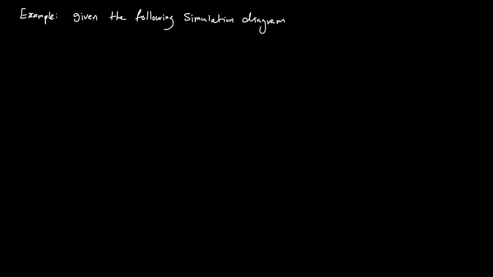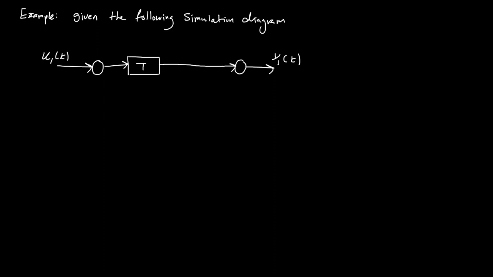It will start with this multi-variable system, so u1 of k. Let me plot it here. Here we have a shifting register or unit delay, z inverse. Here we have the y1 of k. Now here we have a constant which is 0.5,